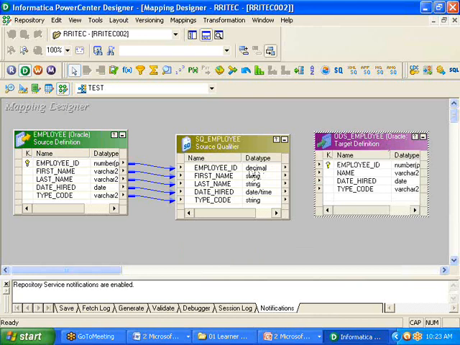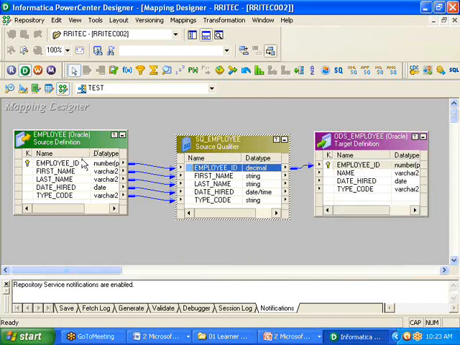Now I am trying to connect here, employee ID is equal to employee ID. I connected employee ID to employee ID. That means in the source table, whatever employee ID information is available, I want to move that here. That is my aim. Correct or not? Now, if I want to understand what query is created in the backend,